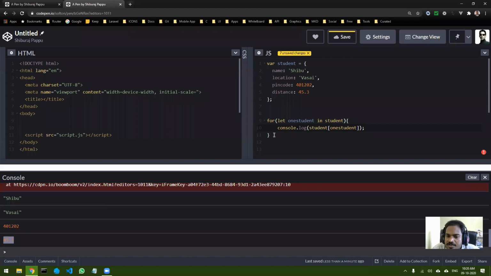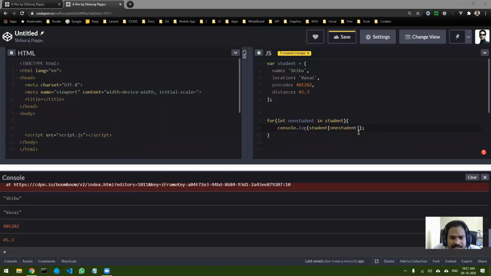Any doubts? Any queries? How can we print the named index with actual values?